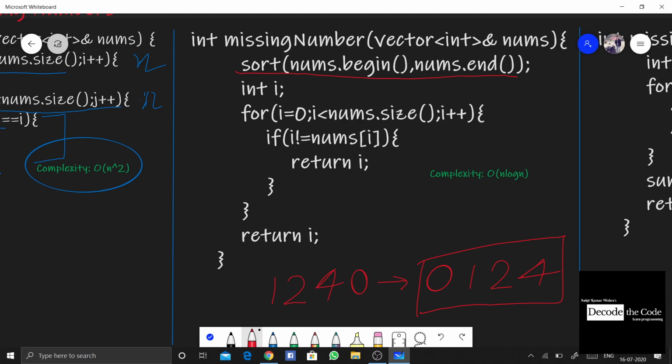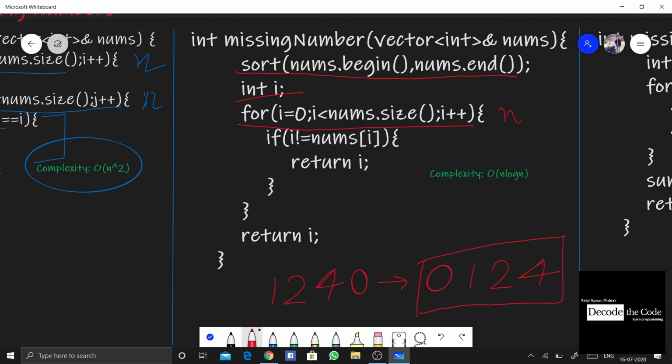Now we are going to declare a variable I. We are declaring it outside the for loop because we'll be using that only to return at the last, or it's even returning in the middle if it's not found, or else it will return in the last if the last element is not found in the vector. That's how. Let's see, we are going to traverse the entire elements, so this will definitely give us a complexity of n.